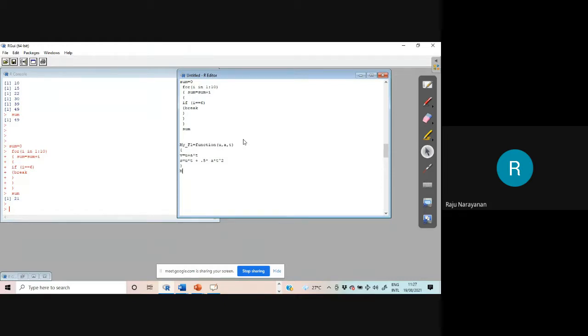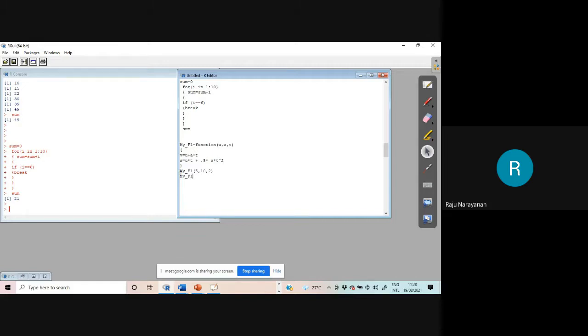Here also, my f1 is equal to my f1 brackets. Initial velocity is, I don't know, I am giving just 5. And the acceleration is, I don't know, I am giving 10. And time is 20. No, let it be 2 only, so that we can check. And my f1. Finished. That's all.